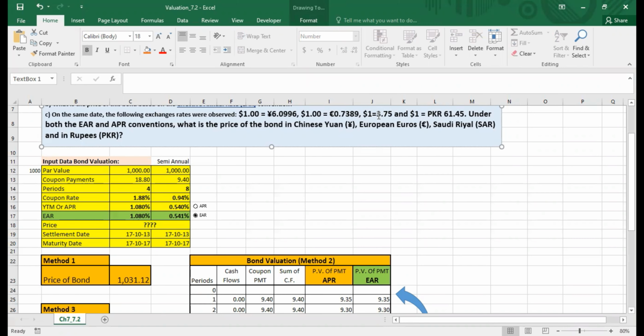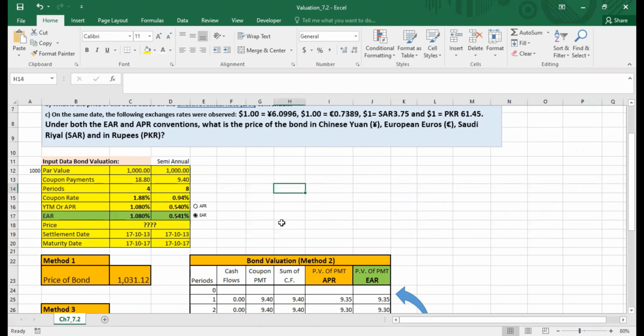So we want to create a dashboard which is going to help us, with the click of a mouse, change these values into different currencies, because all these values at the moment are being calculated on the basis of dollar.